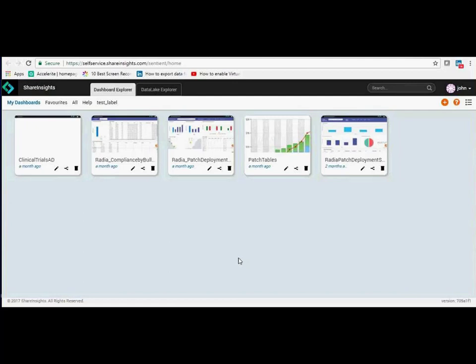This is ShareInsights. The user interface for everything in ShareInsights is a browser. You have nothing to install on your desktop. In fact, ShareInsights itself does not need to be installed on the data lake grid. It runs on an edge node. So before we look at the dashboards that have been created in ShareInsights, let's take a look at ShareInsights Data